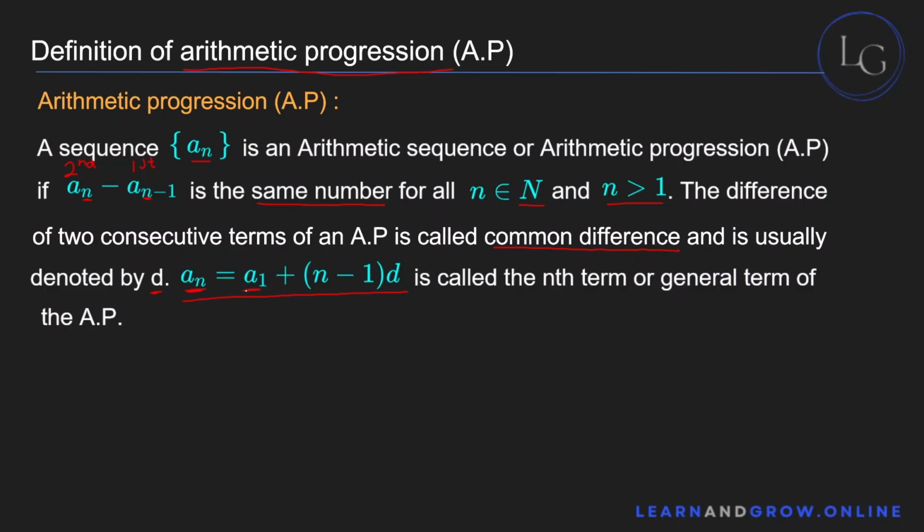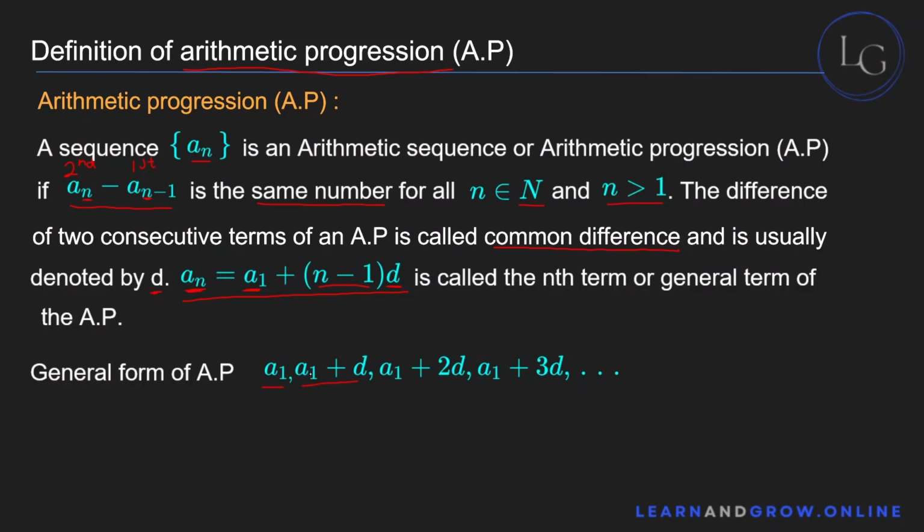The first term, a1, plus n minus 1 into the common difference. And how do you find the common difference? This is the formula for the common difference. So an is called the nth term or the general term of the arithmetic progression. So the general form of an arithmetic progression is a1, a1 plus d,